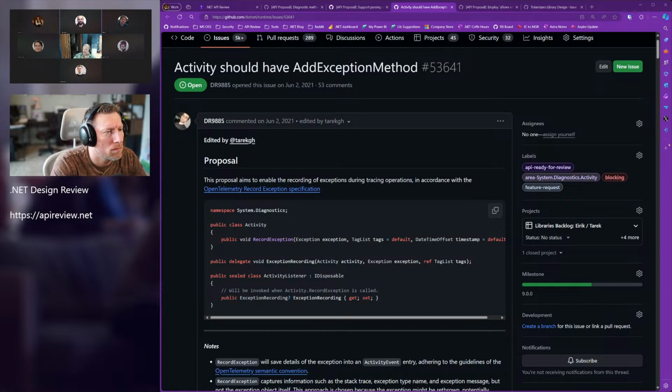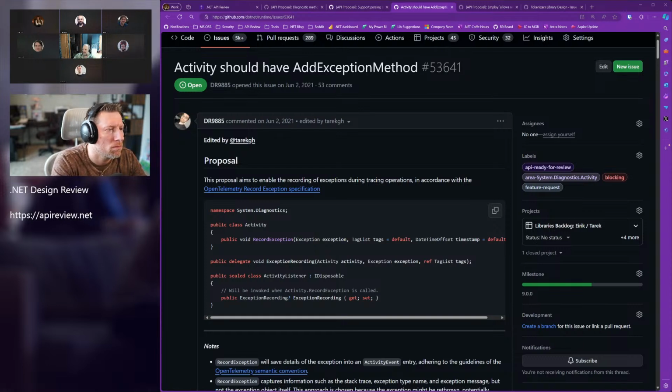At the same time, we are trying to avoid holding on to the exception object inside the activity itself, for a couple of reasons. One of them is that the exception can be rethrown. If it's rethrown, the stack will change, and it will be holding wrong data that we captured initially. The second thing is that the exception can be big, and we are trying to avoid holding on to objects that big inside the activity, especially if the tracing operation is long, because we would hold on to that for a long time. So we are trying to avoid holding on to the exception object itself, and to help the user with their scenario,